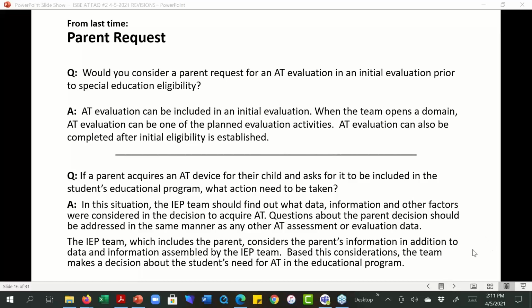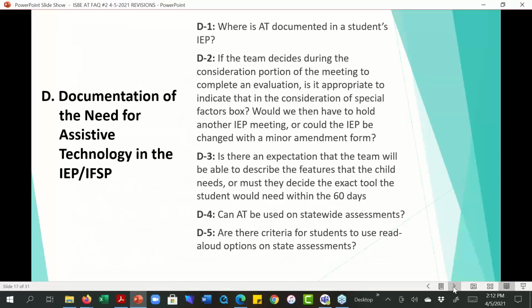We do have some other questions from last time, but we've inserted them into the specific sections in the frequently asked questions guide. So I'm going to move to section D in the frequently asked questions guide. And what we've been doing is pointing out to you that these are the questions in that part of the guide.